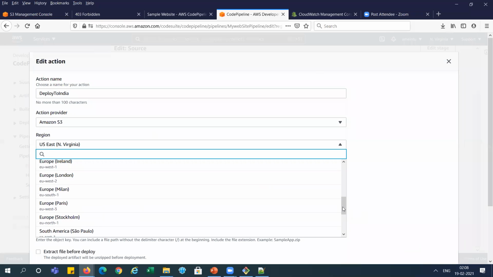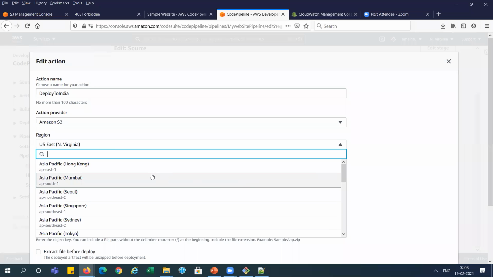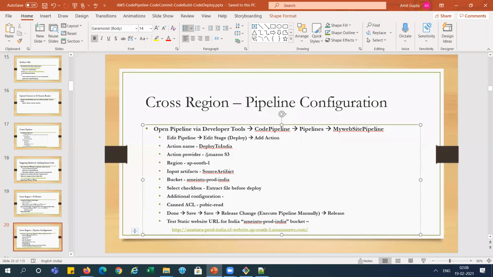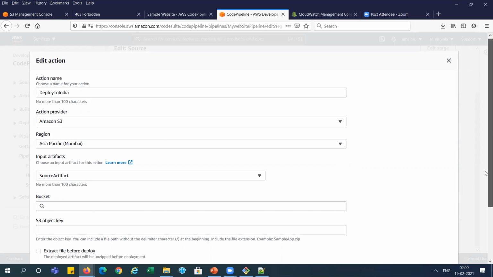So we will go to the India region. Where is it? This Mumbai region, AP South 1. We will select AP South 1, Asia Pacific. You can see I mentioned everything here. Now for input artifact we need to select the source artifact, the source folder from S3 bucket, we will take it from there.